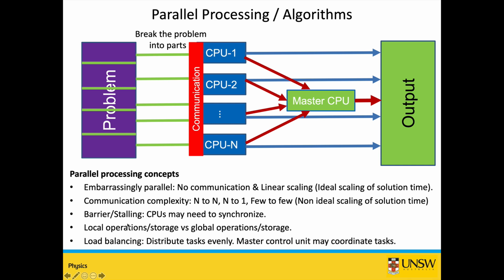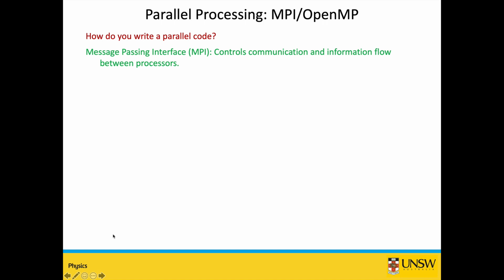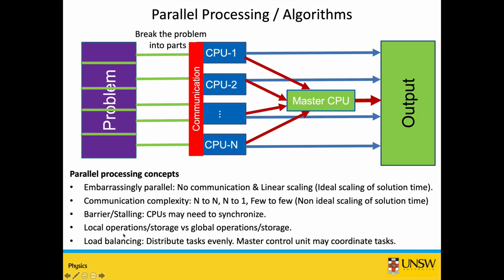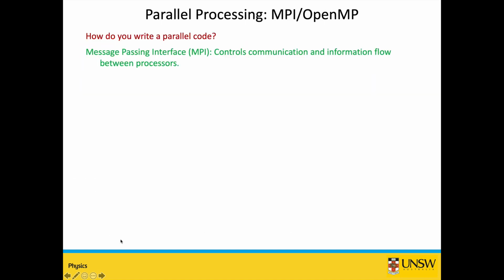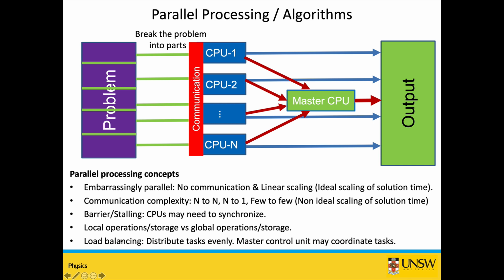And one thing to keep in mind is that you want to distribute the problem equally between all the processors. It shouldn't be skewed, where a lot of the load is carried by one single processor and some other processors are having idle time. That will be inefficient programming. You won't be using the resources properly. So you have to make sure that the load of the problem is balanced between all the CPUs.